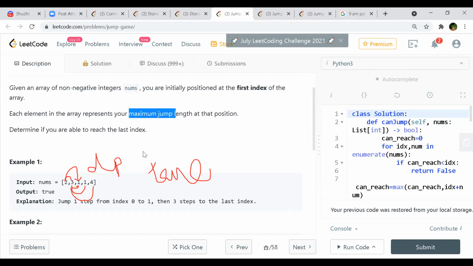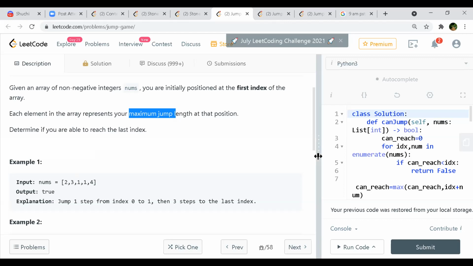Now, after that, I don't know how to come up with the intuition for the greedy, but what I thought was... When I was approaching this question, of course, the interviewer hinted a little bit, but then I realized that at every index, we don't care about where all we can go. We only care about where max we can go. So at every index, if we can keep on storing the max distance,